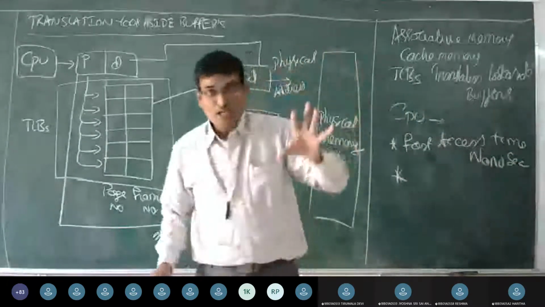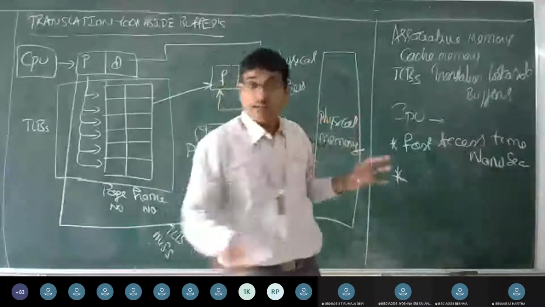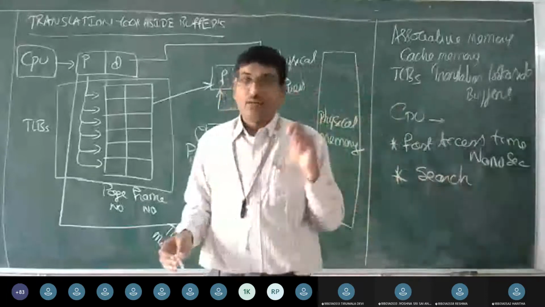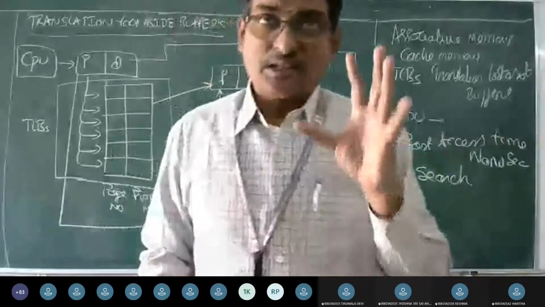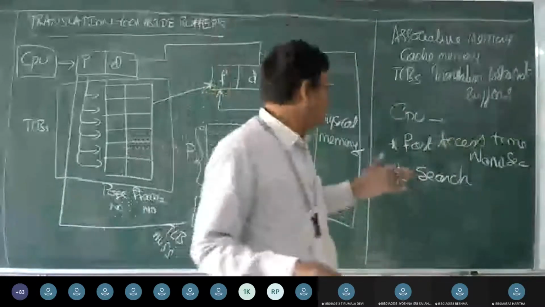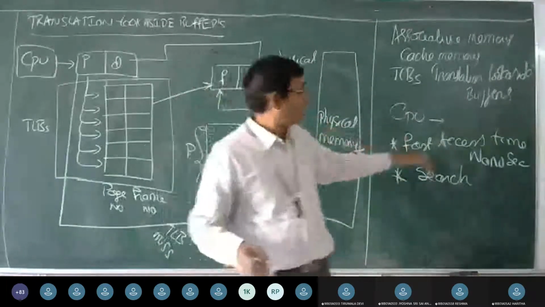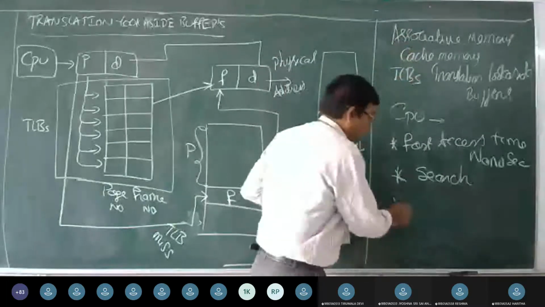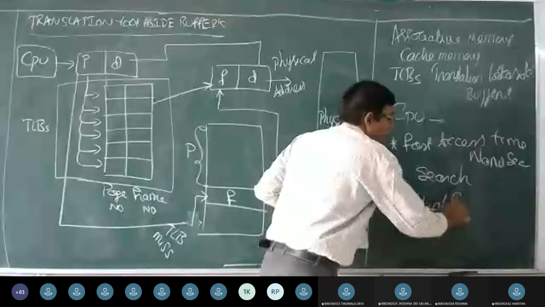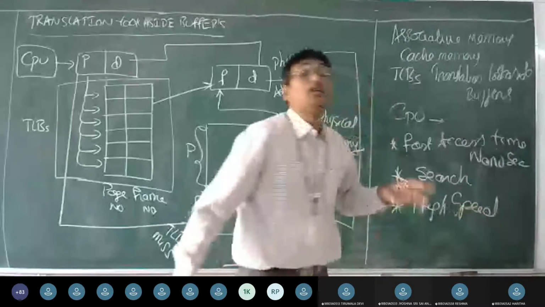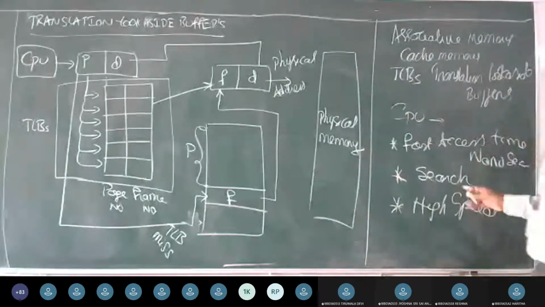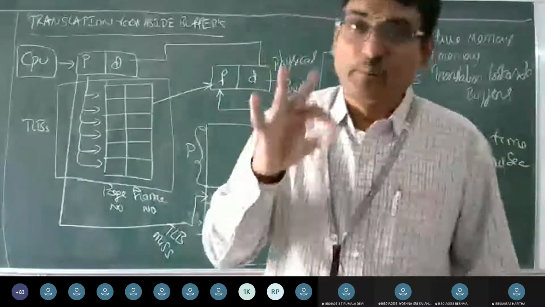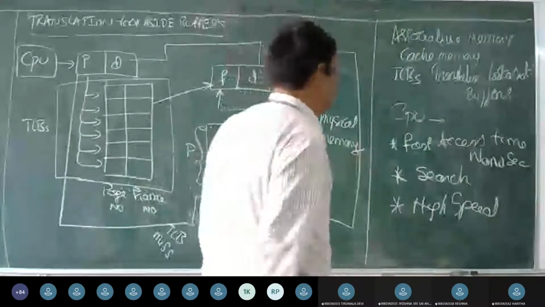And the association goes with a technique called searching, searching for a page in a page table. So that was the primary way of getting data. We call that high-speed memory. This high-speed memory is going to perform a search operation and generate a fast access, and that fast access is going to be measured in nanoseconds.